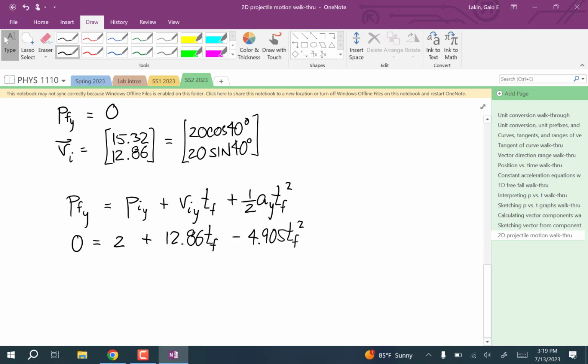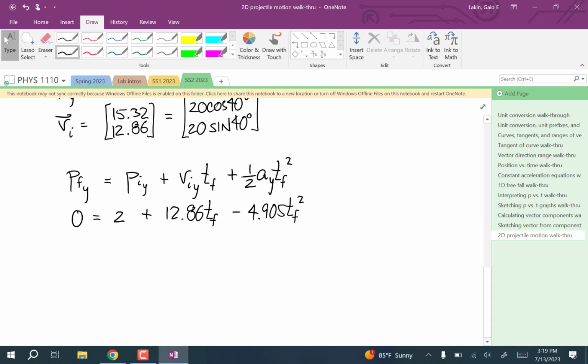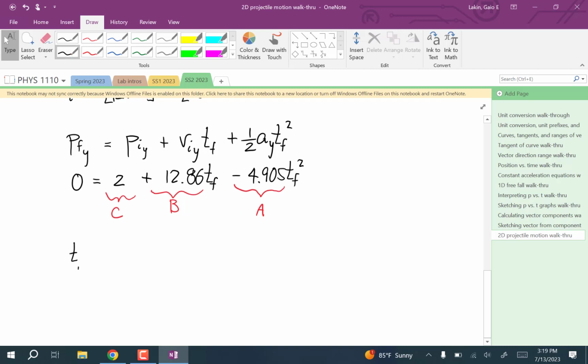We have a square, we have a linear, we have a constant. Pause the video and see if you can figure out how to solve that equation for TF. Well, the way we have to go about this one is the quadratic formula. And so with the quadratic formula, this is A, this is B, and this is C. And so we're going to go TF is equal to negative B plus or minus square root of B squared minus 4AC